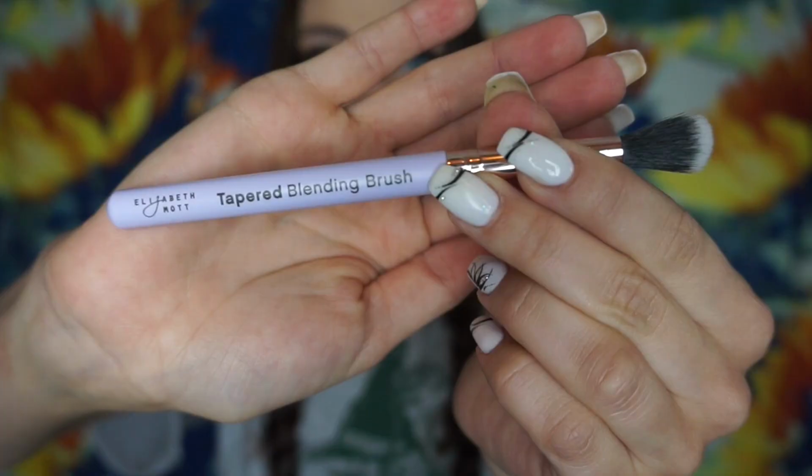Next up, we have this. It says it's a tapered blending brush, and that's the tip. I love it when they send me makeup brushes. Almost every month they'll send me a makeup brush. I think this is my 10th or 11th bag, and I've probably gotten 6 or 7 makeup brushes. But I love it because you don't run out of makeup brushes, you run out of the products. My eyeshadow usually consists of either brown looks or pink looks. Today we have a pink look, but usually I do brown because it's easier and it really complements the blue in my eyes. But the more makeup brushes I have, I can have my brown brushes and my pink brushes versus a muddy mixture of both of them. I mean, I could also clean my makeup brushes, but